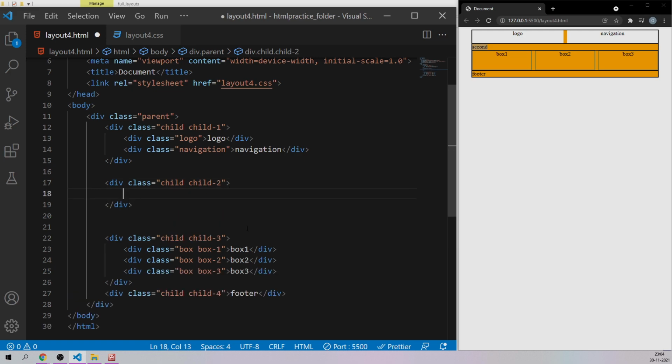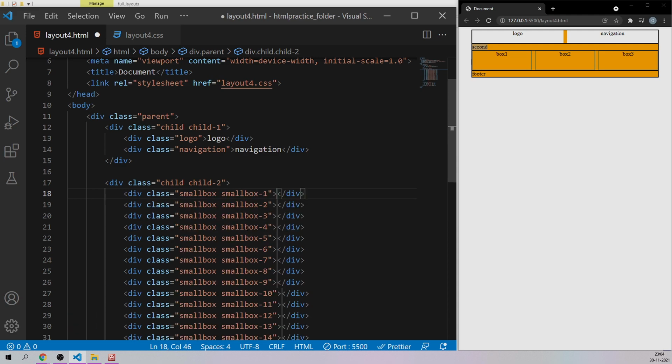Let me come inside that box and say dot small box. That is going to be the common name for all the 16 boxes. And then again dot small-box-$ times 16, like this.